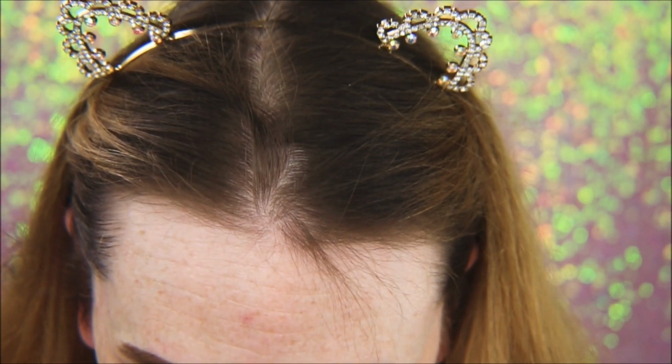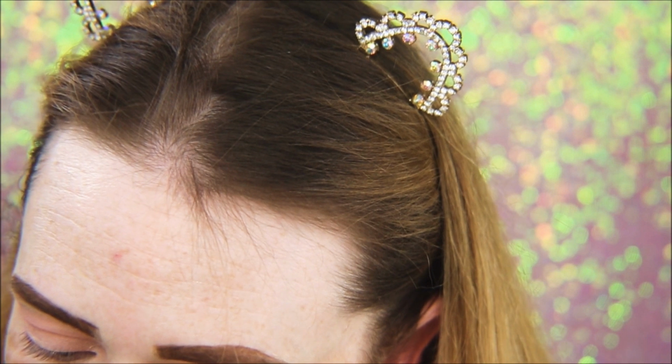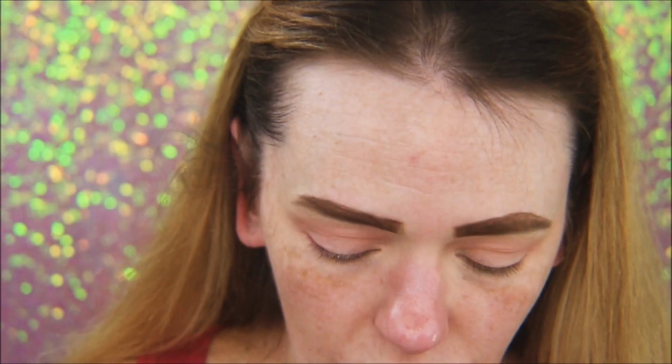Okay, now I'm going to take this Lavish tapered blending brush. I got this in a BoxyCharm, and I'm gonna go in with Fix Skin,